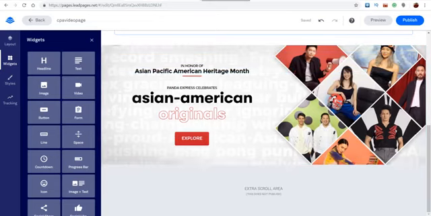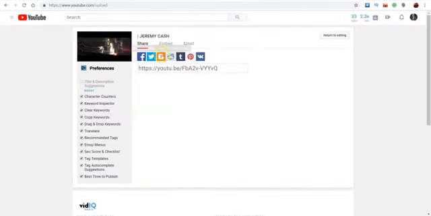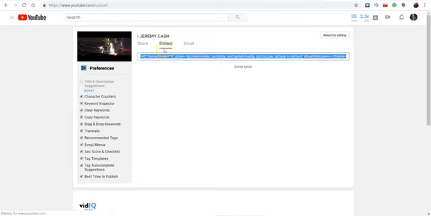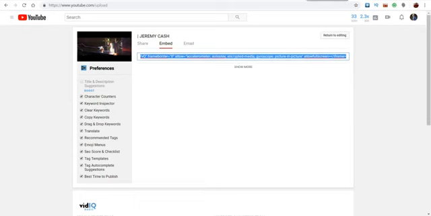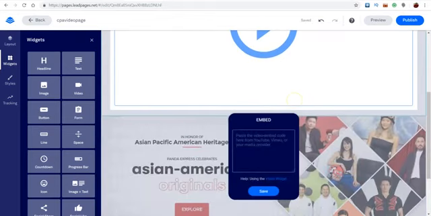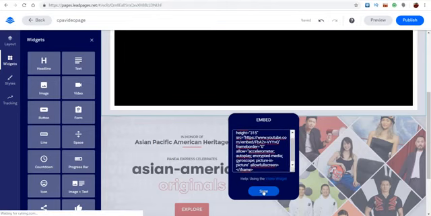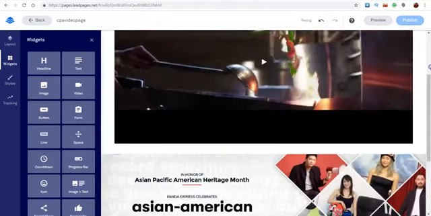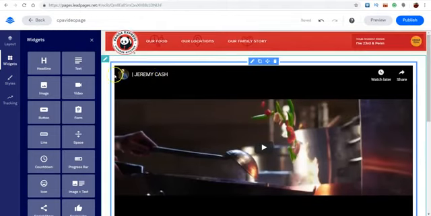Okay, so first let me add the video, since the video should be complete now. So the video is complete. I would just click embedded. I would just copy this code, so copy, and then I would come to my lead pages, click on the video portion, scroll down, and then you'll see embedded right here, and then you would just paste that code there, and now you have yourself your video, right? So you see what I'm saying? So I would actually remove this,